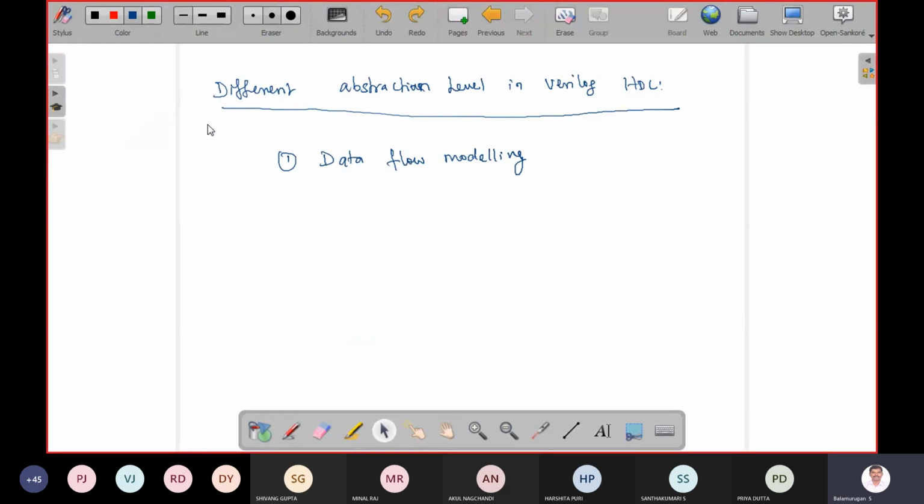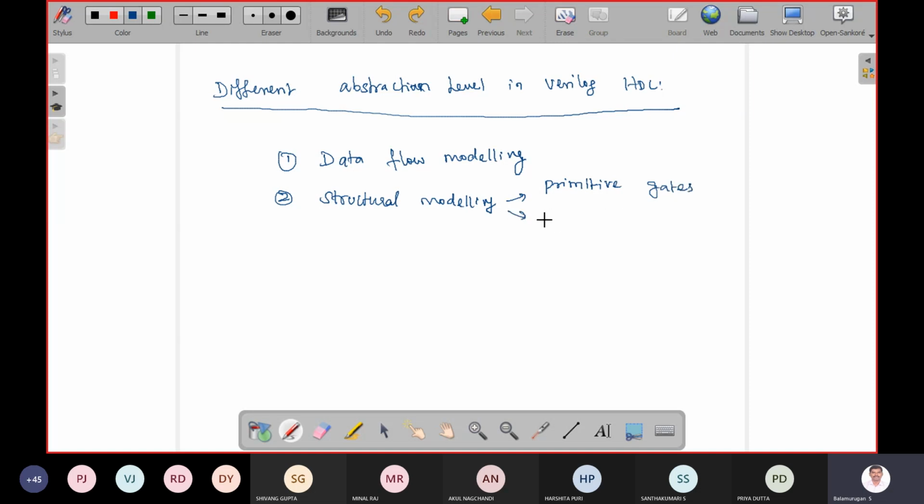Okay, the first one is data flow modeling, and the second one is structural modeling. In structural modeling, you have two types. One is using primitive gates.